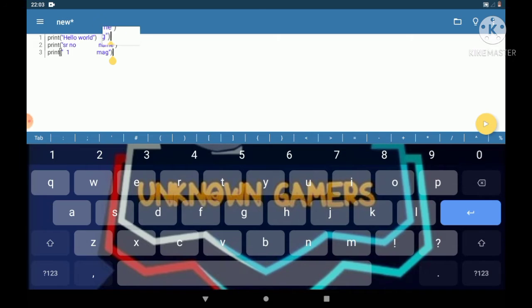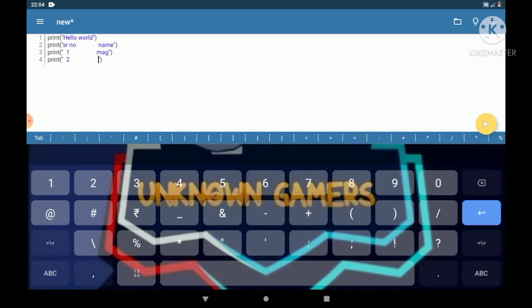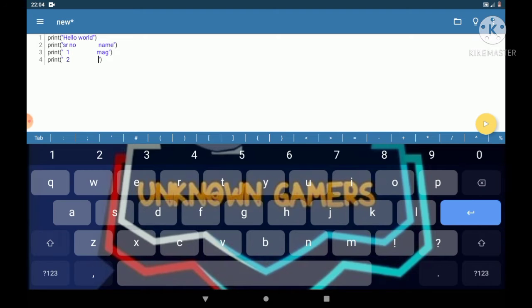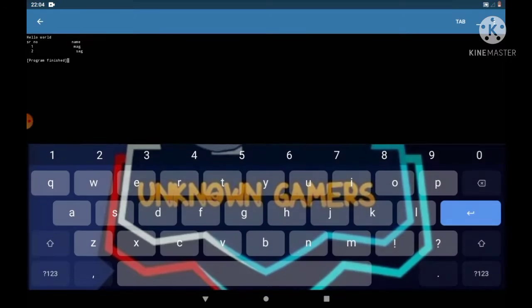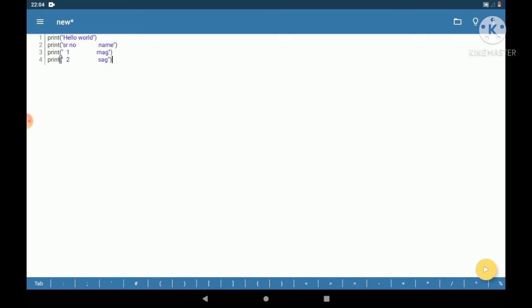I was setting up the Wi-Fi, and now it has been set up. Now I am going to print the second line, serial number 2, and name SAG. Now you can see how it prints: serial number 1, name MAG, and SAG. Whatever we have written has been printed. This is a print statement.